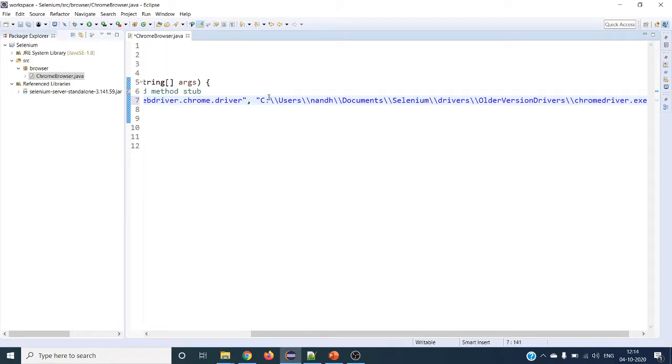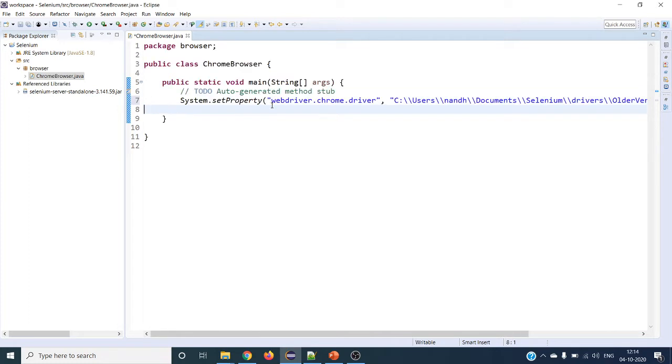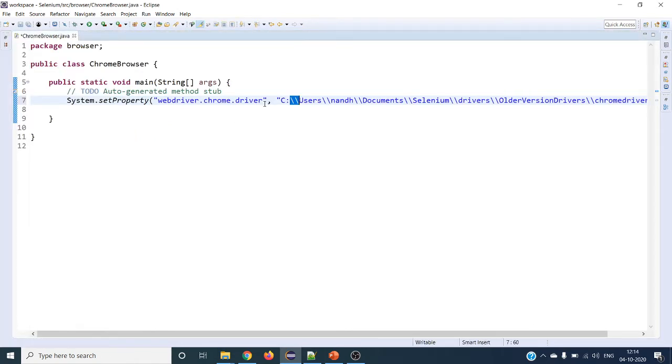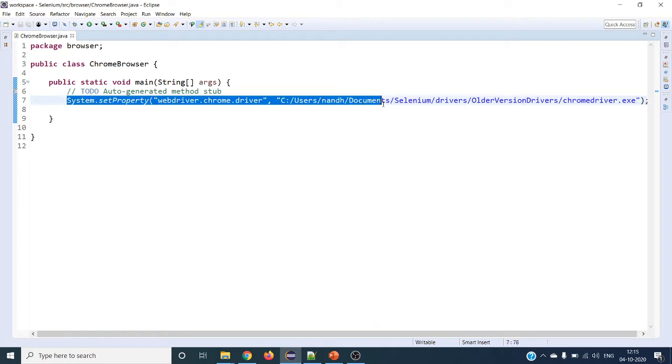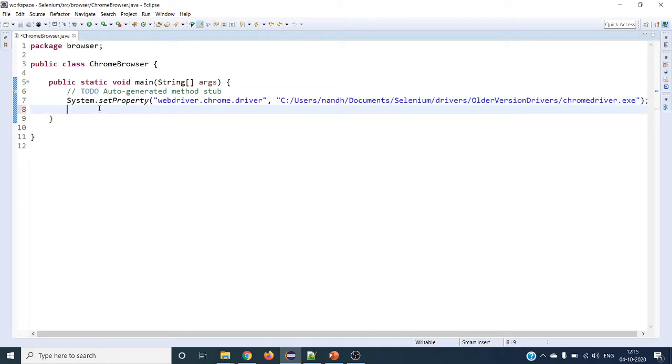Now you can see it is giving a double backslash, which was automatically added. This double backslash will not work in other OS actually. If you don't want it, you can give a single forward slash. Both will work the same on a Windows machine. If you give double backslash, it will not work on other OS like Mac OS or Linux, so it is better to give a single forward slash. So this has set up the Chrome driver. Now let's launch our Chrome driver.